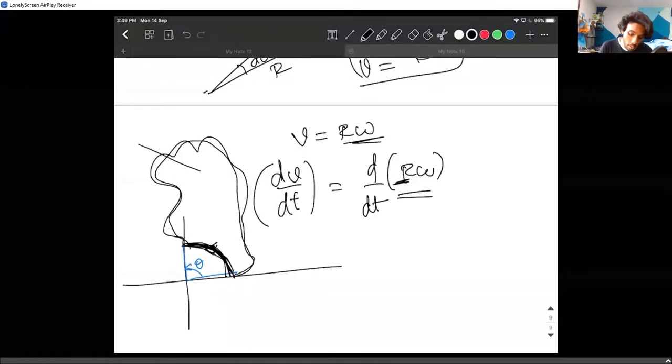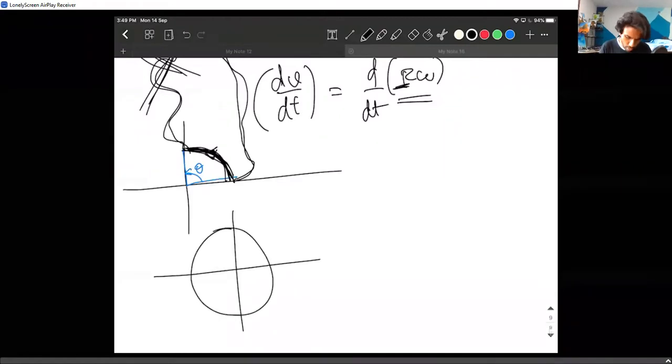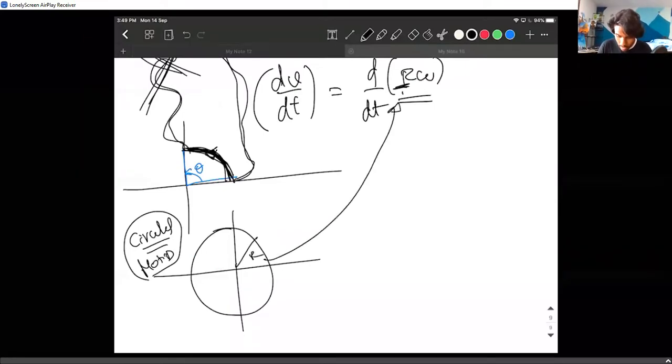So that is why we don't discuss this guy for now, because if the radius is not constant, things get way more complicated. So we are not going to talk about those things. We are only going to talk about circular motion, of course. In the end, the topic's name is circular motion, right? Since we are dealing with circular motion, the radius is constant. So I'm taking the radius constant.